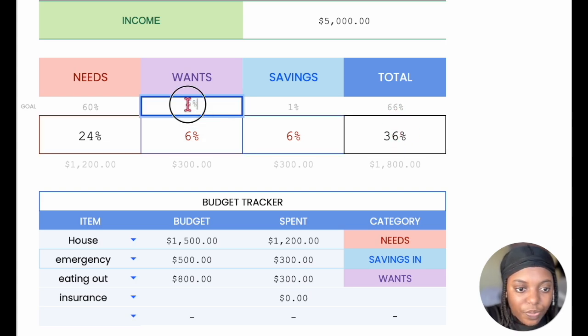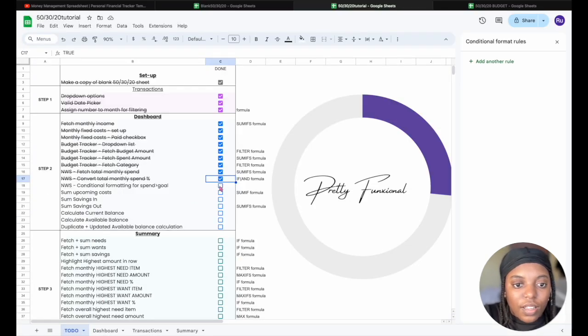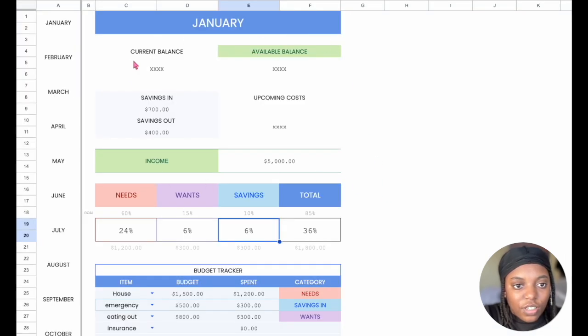So we can put this back to 15. Great. Put this back to 10. Fantastic. It's working like a charm. So we can click that off of our to-do. Okay, and now we're moving up to the top section of our savings. We've already done the savings in, savings out. We've done the income. Now we just need to deal with the upcoming costs, the current balance, and the available